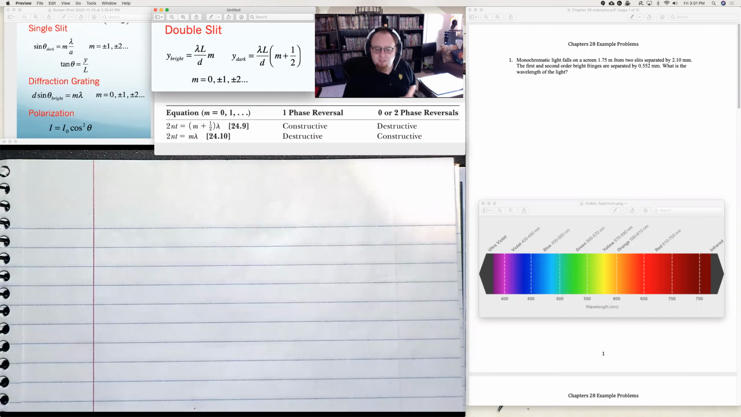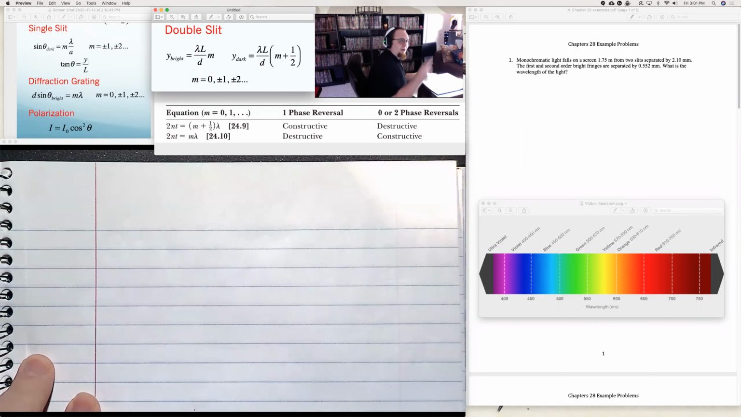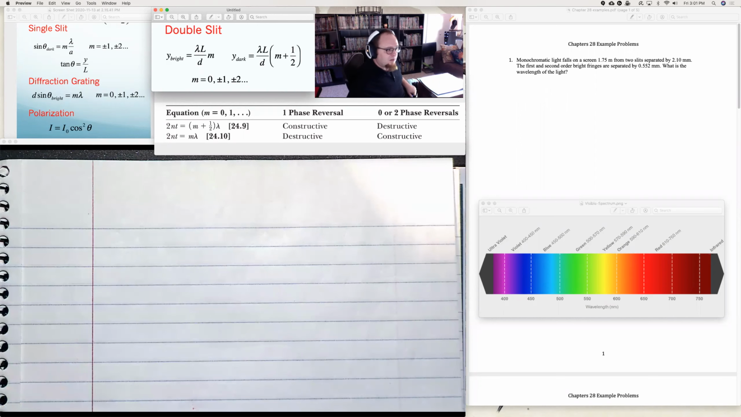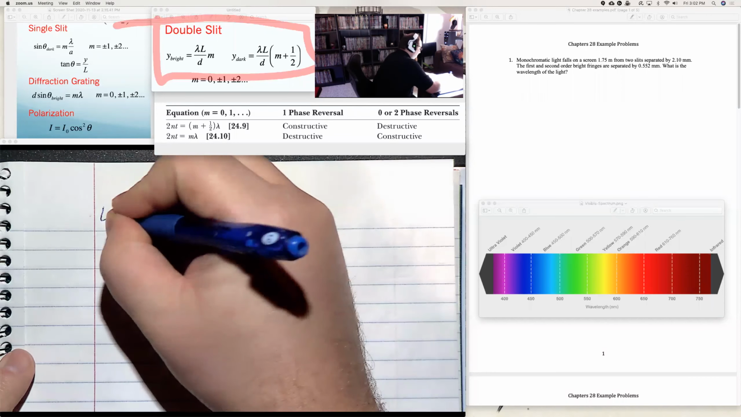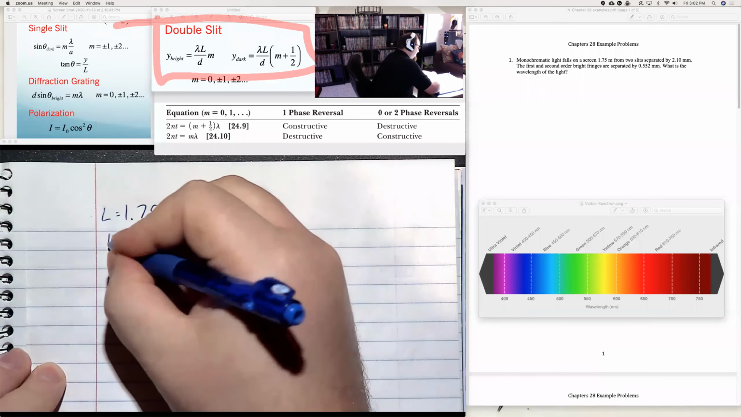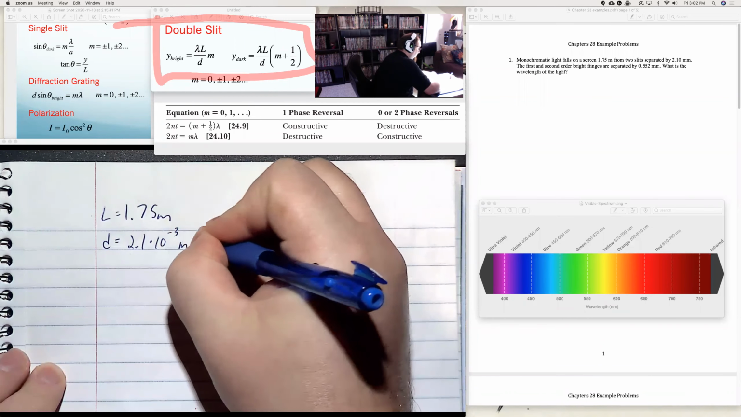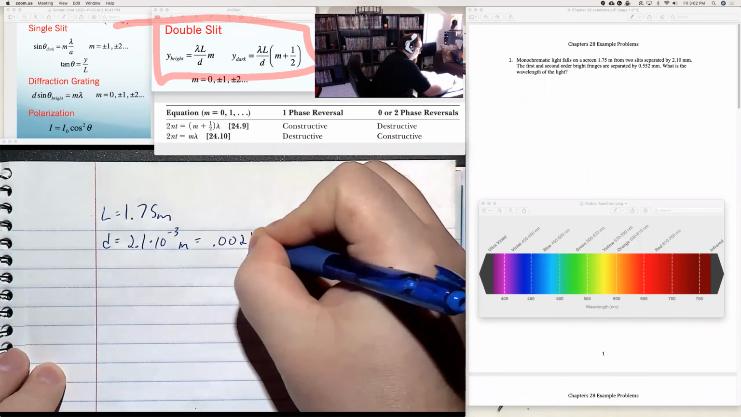So I'm going to jump right in. This first problem says monochromatic light falls on a screen 1.75 meters from two slits. Before I finish the sentence, this is a double slit. I know that because it says two slits. So for double slit, I have my equations in here. The screen is 1.75 meters away. That's L. And the slits are separated by 2.1 millimeters. That means D, the distance between the slits, is 2.1 times 10 to the negative third meters, or 0.0021